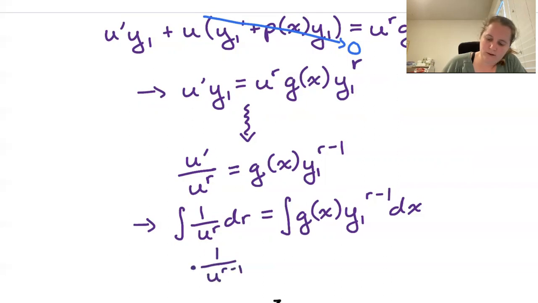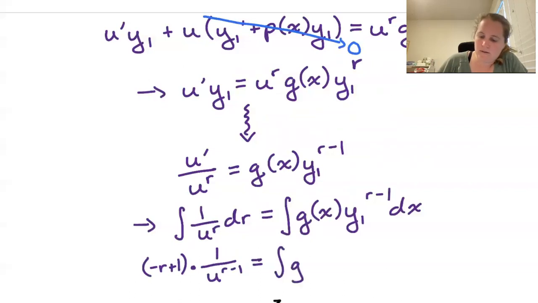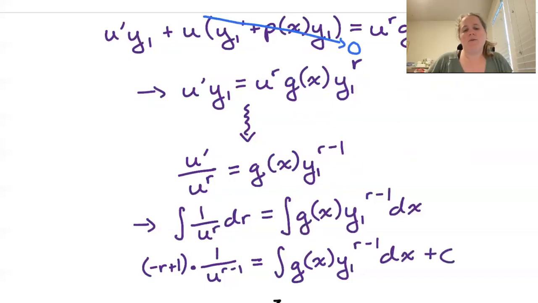And then out front, we would have a negative r plus 1. That's our new exponent on u. And this is equal to the integral of g of x times y1 to the r minus 1 dx plus c. From here, we can go ahead and solve for u if we like,